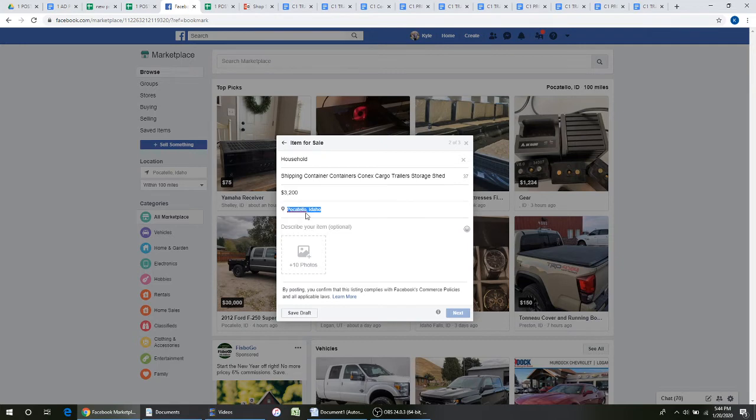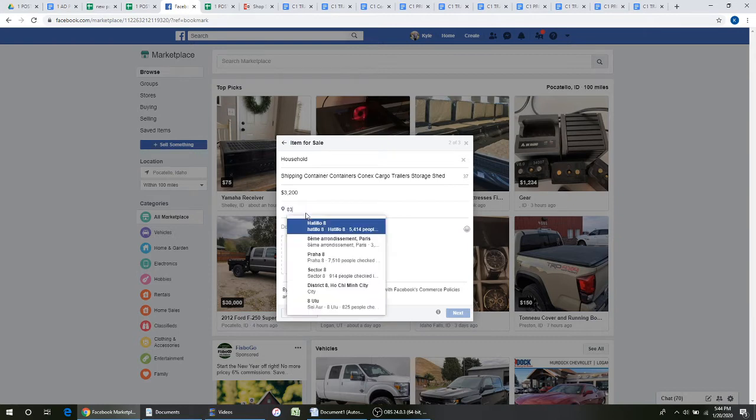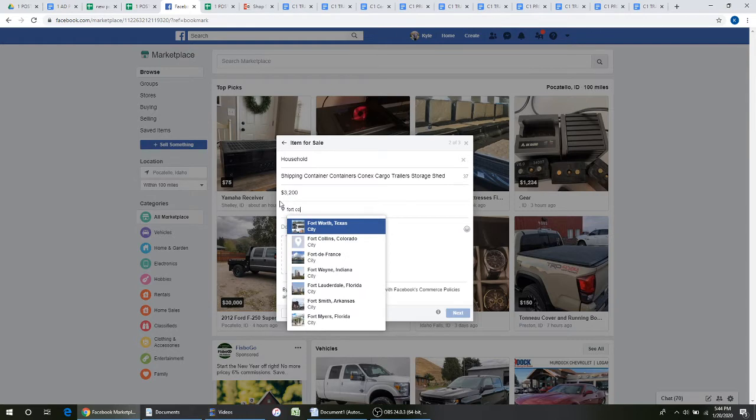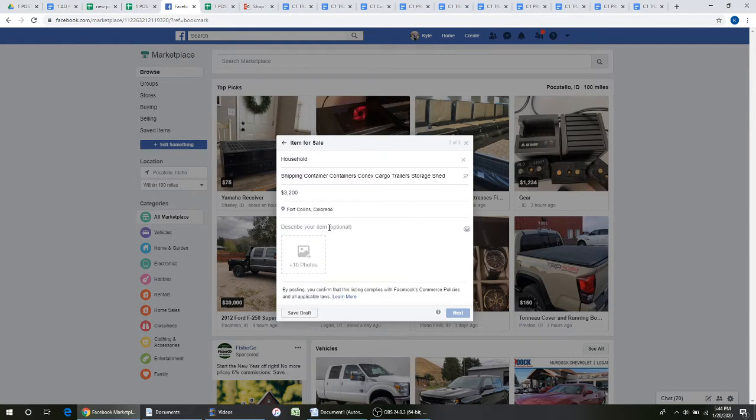And then here's zip code. Put in the zip code that corresponds to that price. So if it was Fort Collins or Denver or Salt Lake City or Ogden, whatever, put in your zip code there. Now, sometimes on Facebook, if you put in a zip code, you'll notice it pulls up different countries. And sometimes the zip code for the United States is recognized by this, and it'll come with a different country. Sometimes it's easier just to type in Fort Collins, Colorado, and choose that. That's probably what I'd actually recommend to do, is just type in the name of the city and make sure,